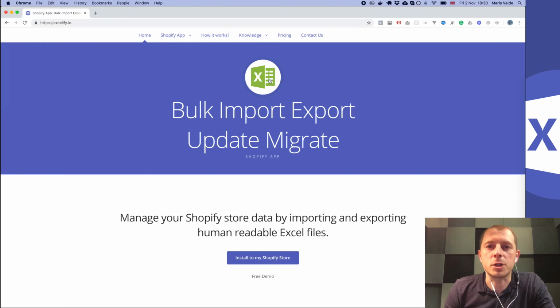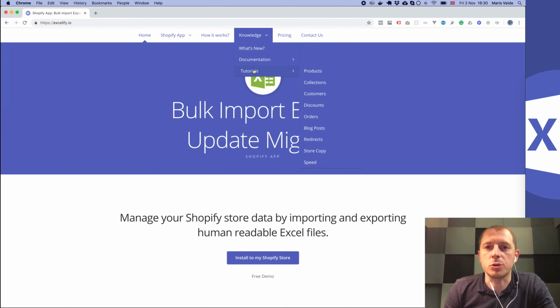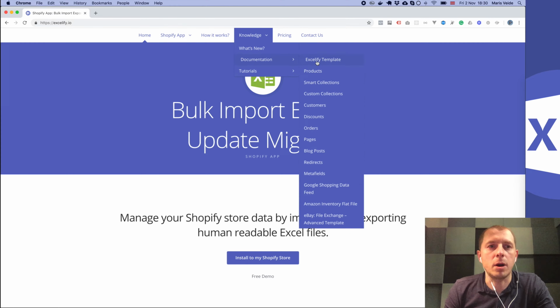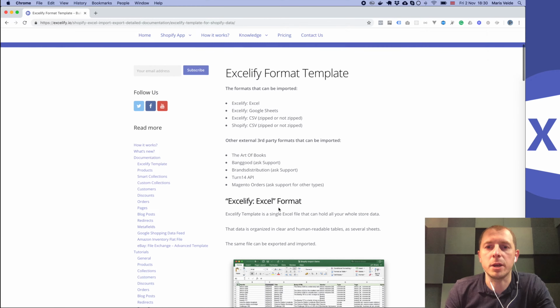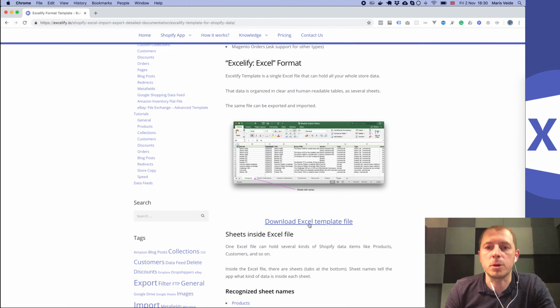Now here's how you start with importing orders, like from the very beginning. I'll just show you from our website. The best way to do it is go into the documentation Excelify template, and from here download our template file, which